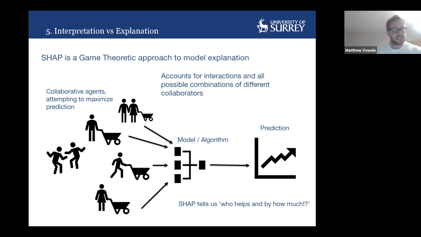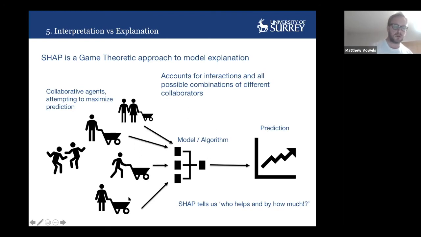The SHAP thing is derived from Lloyd Shapley's game theory work, which is pretty old now. But it's been recently adapted to explaining machine learning algorithms, and I've tried to characterize it intuitively here. It takes the perspective that we have a model, an algorithm, maybe a random forest or a gradient boosting machine, and we're making some prediction. And every variable that we give to the model, every input predictor, can be characterized as an agent that's trying to maximize the ability of the model to make the prediction.